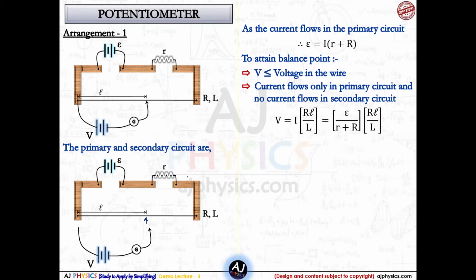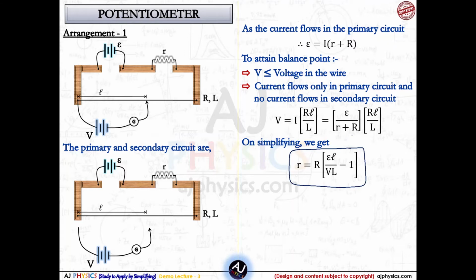Fine. Now the next thing is, I have substituted the value of current I here, and I have solved this relation to get this simplified relation, which actually looks very complex. Now you have to see that I have made this relation according to my comfort, and I can easily show you while I do the numericals. And while you go into the practical examinations also, you can keep this result in mind.